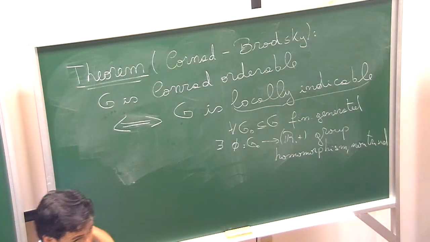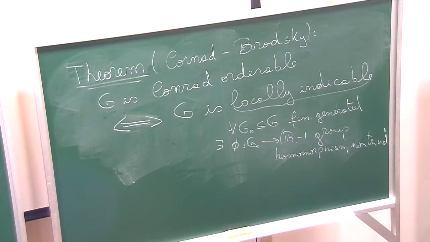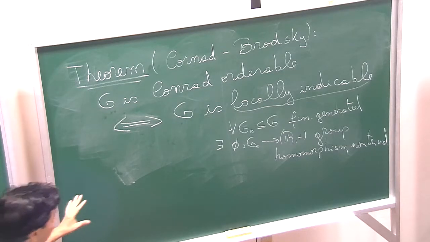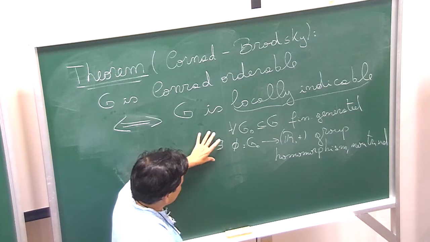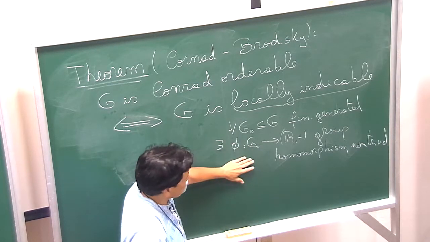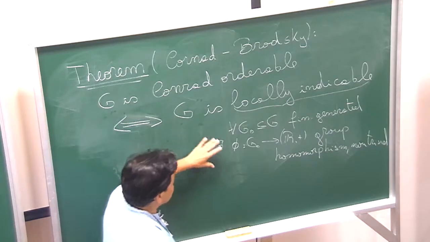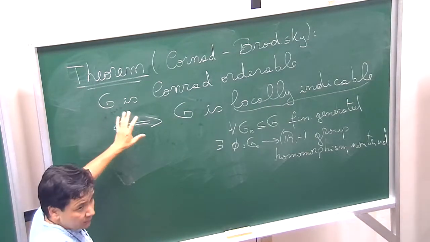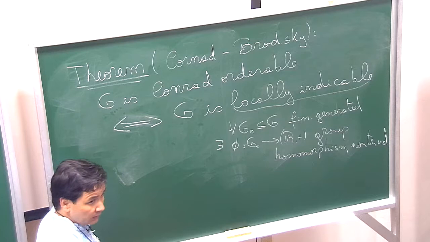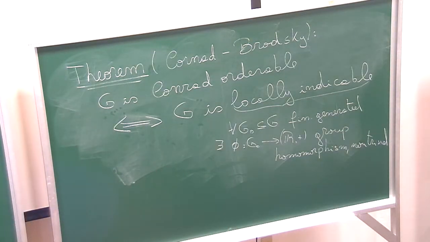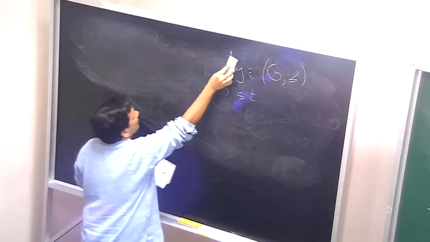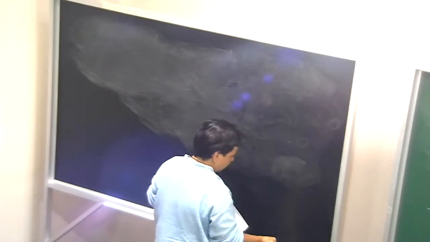Okay? So the property of being locally indicable, which has information about all finitely generated subgroups, can be transferred. Actually, it is equivalent to a property on orderability of the group. Okay? And I will give the proof of this during these talks. So there was a very nice application of this principle